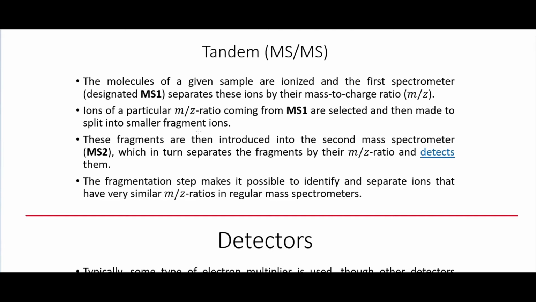So the molecules of a given sample are ionized, and the first spectrometer, which they call MS1, separates these ions by their mass to charge ratio. So a lot of times this will use that electrospray ionization here, which doesn't have as much fragmentation. But the ions of a particular m/z ratio coming from the MS1 are selected and then made to split into smaller fragment ions. So we put it into another mass spec essentially that then uses a stronger type of fragmentation to break up those particles of a certain size into yet smaller fragments,